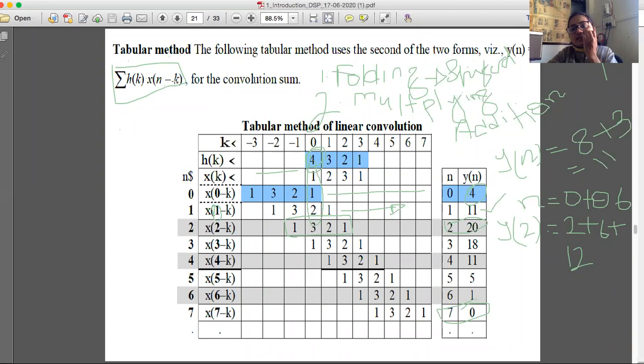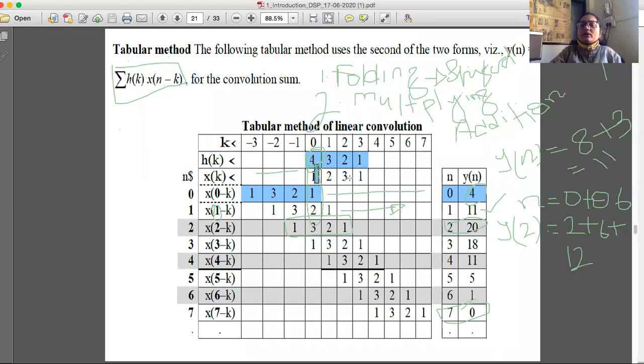So how can we perform this folding of a sequence? The folding of any sequence is carried out around 0. About 0 only it is going to be folded, which means the point at 0 will remain as it is. Whatever points are present on the positive or negative side will be shifted to the opposite side. So here all the points are present on the positive side, so all points will get shifted on the negative side.